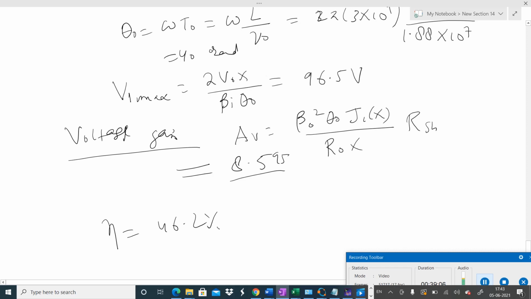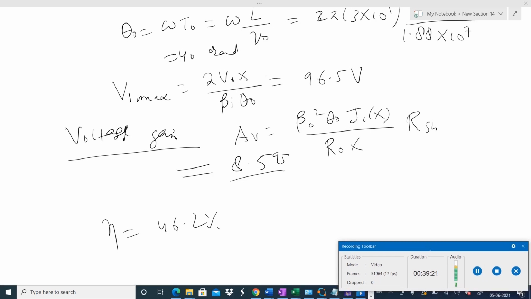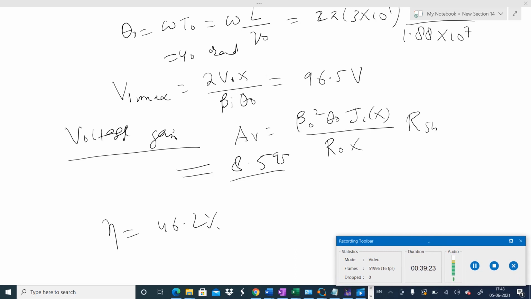But as per my plan, I would like to show you transit time devices, and especially in that, negative resistance devices like the Gunn diode. That is very important. At least one device from that and one device from high electron mobility devices we will try to cover. This lecture was a little bit lengthy, but I have done a recap of the whole klystron theory so that there is no confusion.